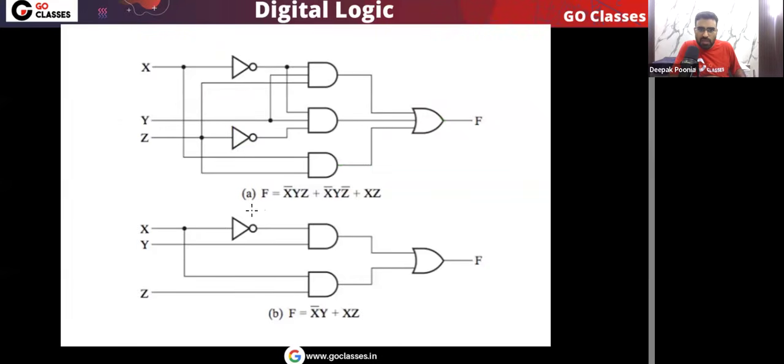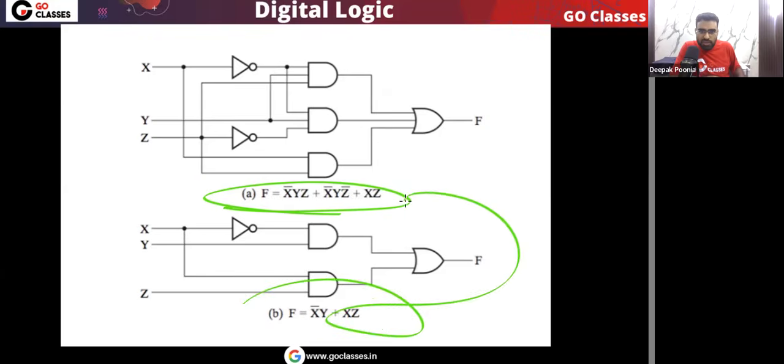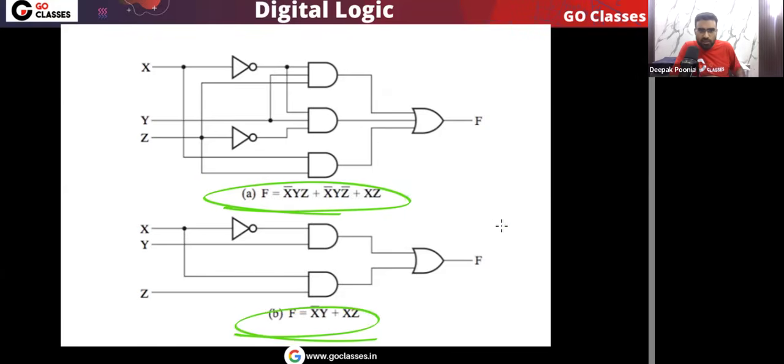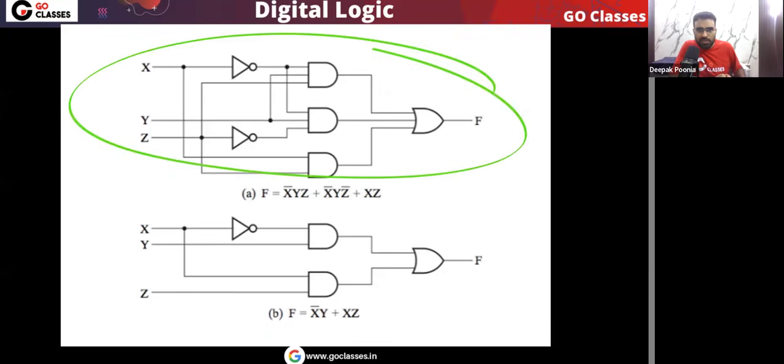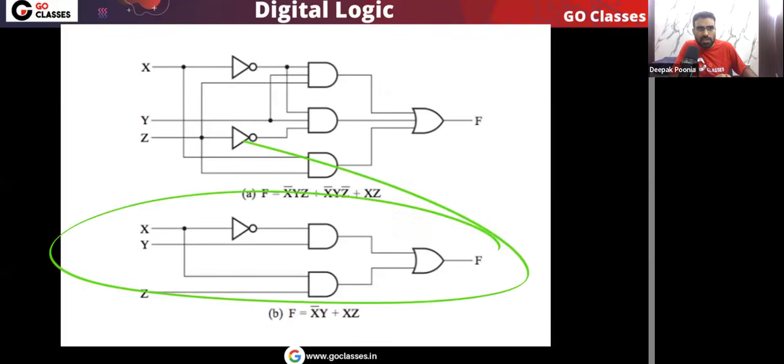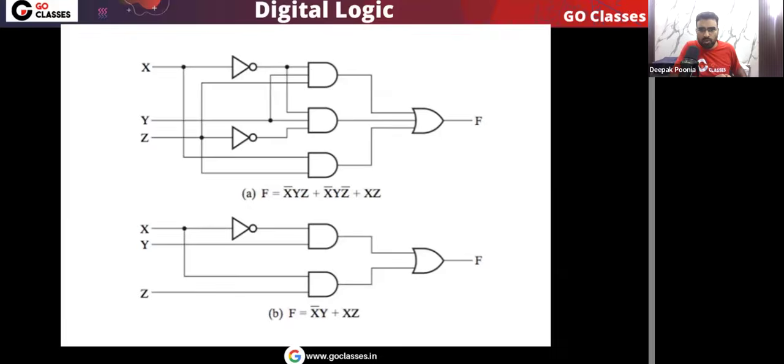For example, on your screen, look at this function and look at this function. Let me tell you, they are the same. If you simplify this function, you will get this function. But notice one thing. For this function, if you create the digital circuit, you will get a big digital circuit. But for this equivalent simplified function, if you create a digital circuit, you will get a small circuit. So this is the reason, remember, we do the simplification of Boolean functions. Because when you simplify the Boolean function, the big logical circuit can be replaced with a small digital circuit. I hope you understood. Okay.